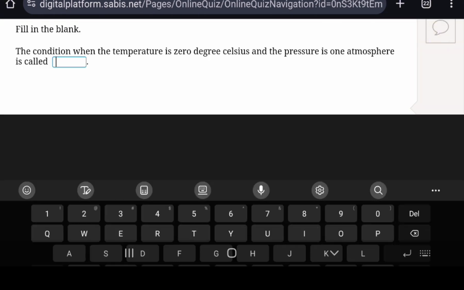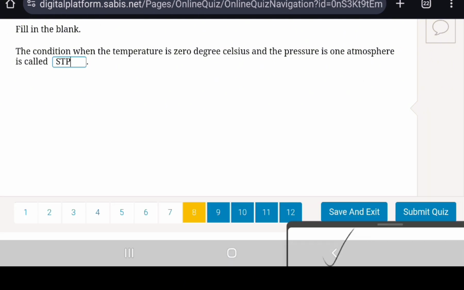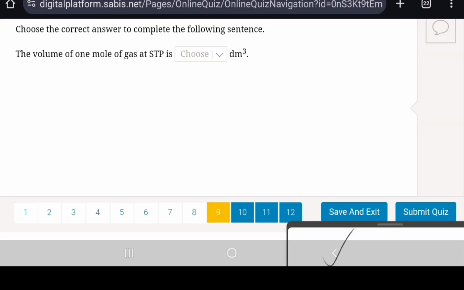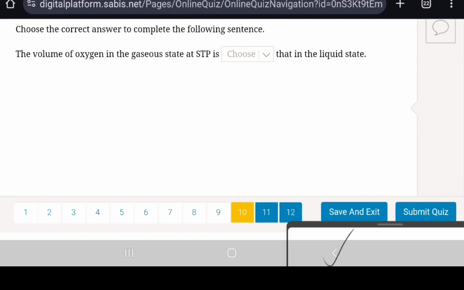For this one, we have to memorize that the condition when the temperature is 0 degrees Celsius and the pressure is 1 atmosphere is STP. Number 9. The volume of 1 mole of gas at STP is 22.4 decimeter cube. Number 10. The volume of oxygen in the gaseous state at STP is larger than